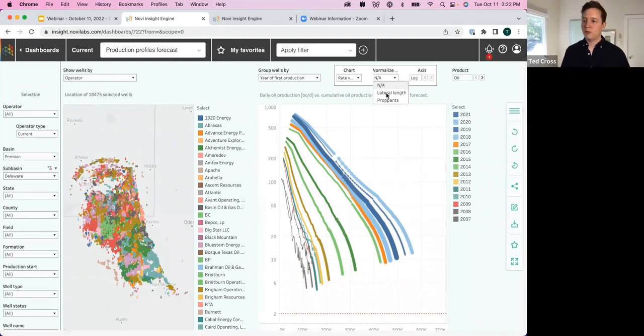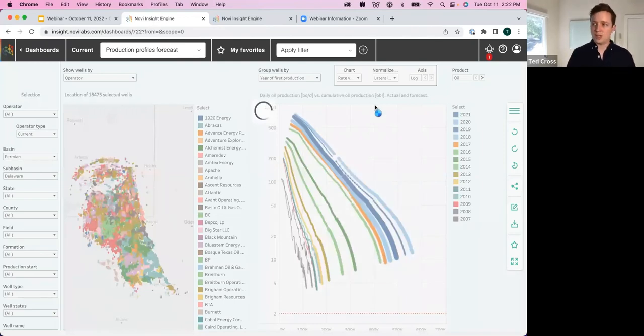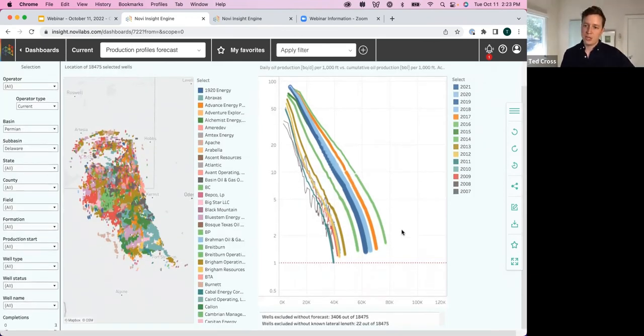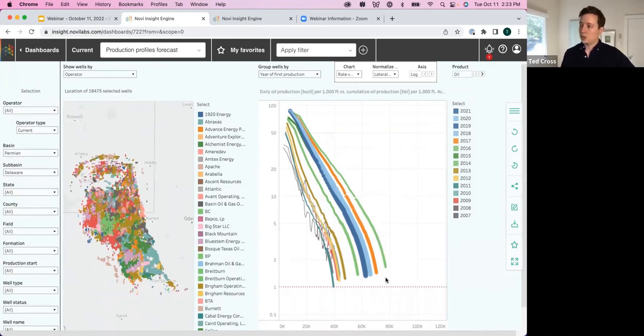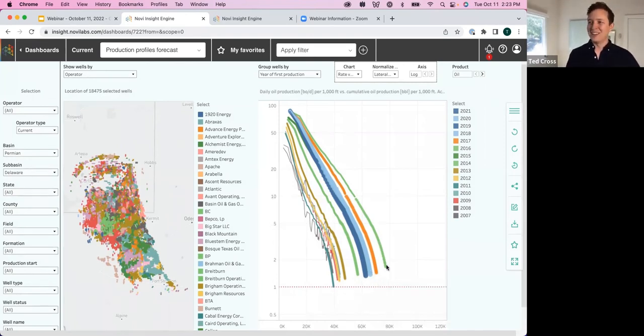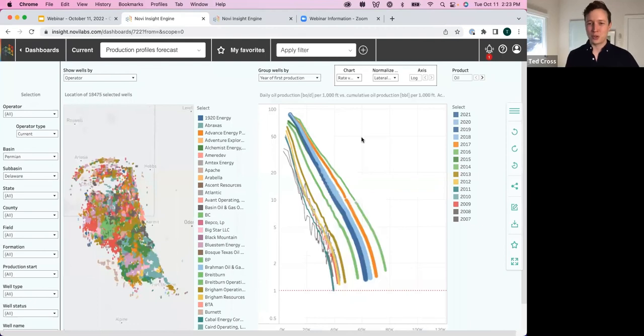I'm going to go ahead and pop over and normalize these by lateral length. Lateral length in our analysis, depending on the basin that you're in, lateral length is a lot of times the most important driver of the increase in well performance over the past 5 years. And so it's a really important one to normalize to kind of properly evaluate the trends. And so if you do that quick normalization, now you see that 2016 there is actually showing better production on average on a length normalized basis than 2019 or 2018 there. So that's maybe not great, but just a kind of quick little thing to call out there.